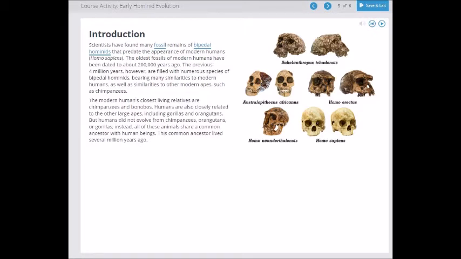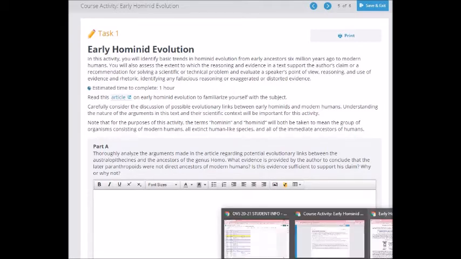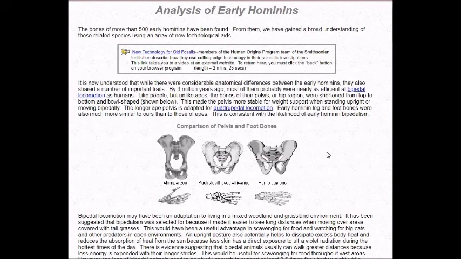And so by examining these fossils, we're able to perhaps come up with a timeline, perhaps come up with a series of adaptations over time that changed into what ultimately became humans. So the assignment is for you to do this. You're going to read this article. It says it's going to take about an hour, but to be clear, most of that time is going to be spent reading this article right here, okay? An analysis of early hominins or hominids, okay? Yeah, read it. It's a really stupid looking website, but it's not that hard to read, okay?